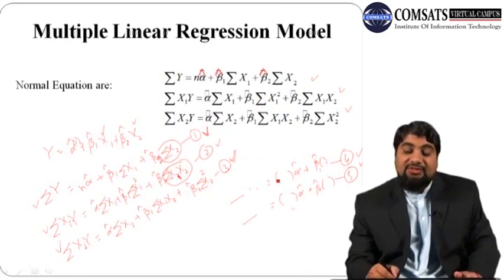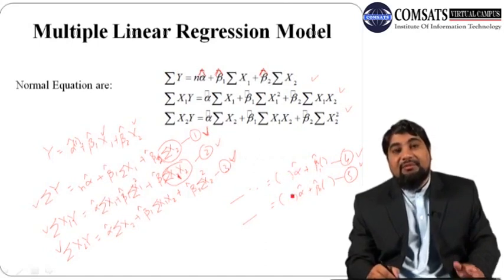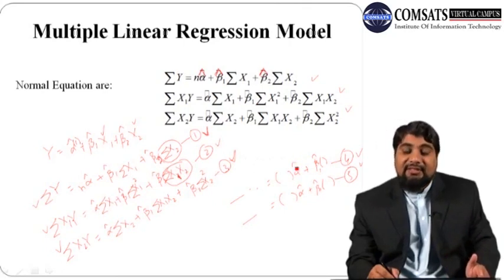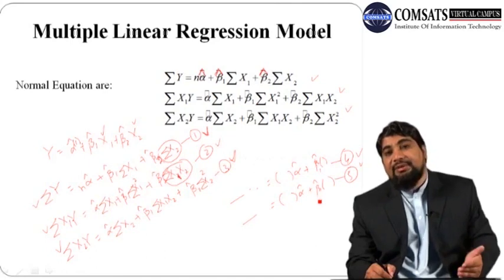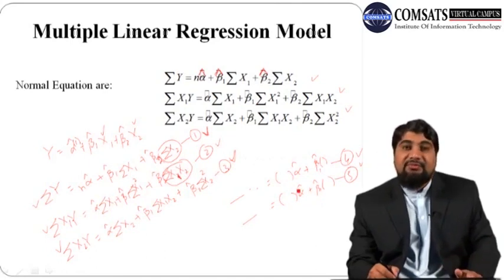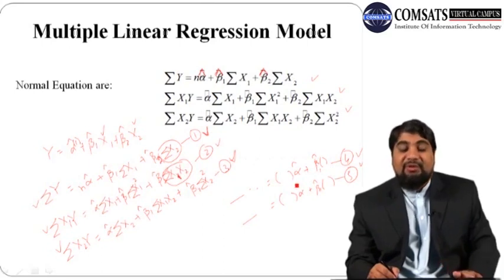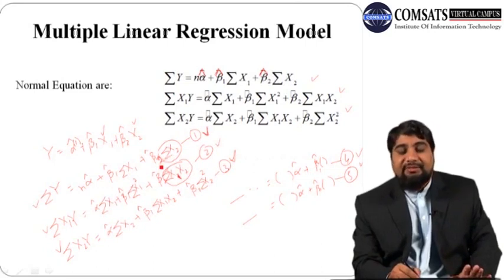Now try to match the coefficient of alpha hat just by multiplying by the required number and subtracting the resultant equations. You will get beta 1 hat. So plugging in beta 1 hat in any of these 2 equations, you will get alpha hat. Once you get the values of alpha hat and beta 1 hat, just plug in these values in any of these 3 equations, 1, 2 or 3. You can calculate beta 2 hat.